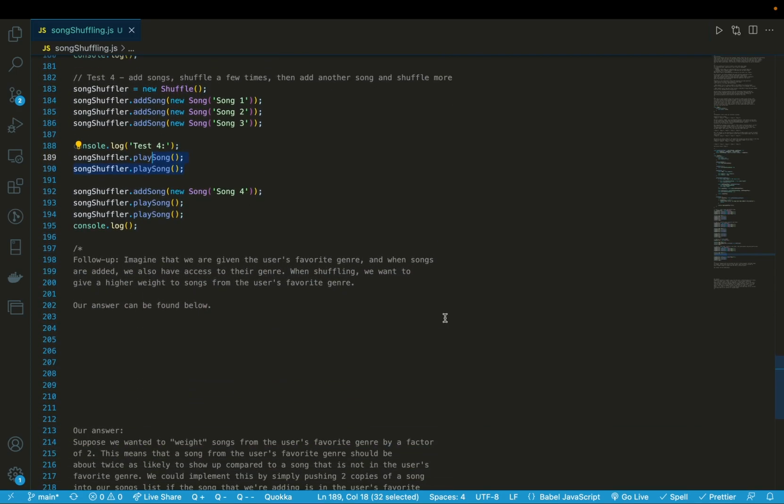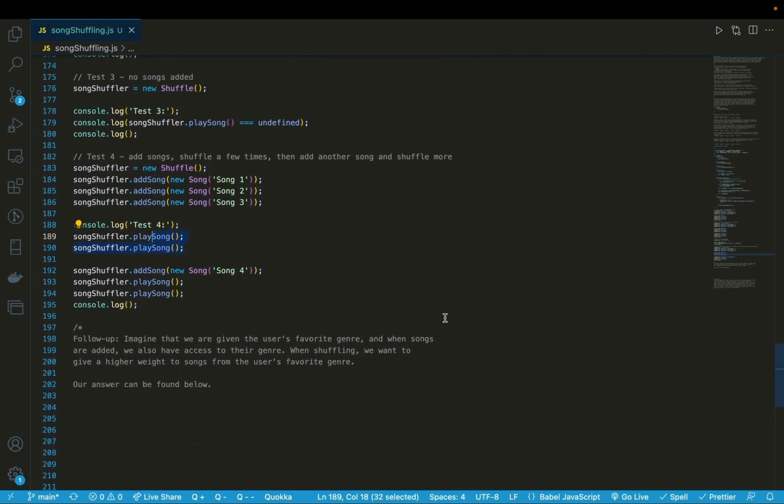Now we can have a chance to talk about the follow-up. The follow-up says, imagine that we're given the user's favorite genre, and when songs are added, we also have access to their genre. When shuffling, we want to give a higher weight to songs that are from the user's favorite genre. And I guess the question would be, how can we do this? First thing I want to mention is